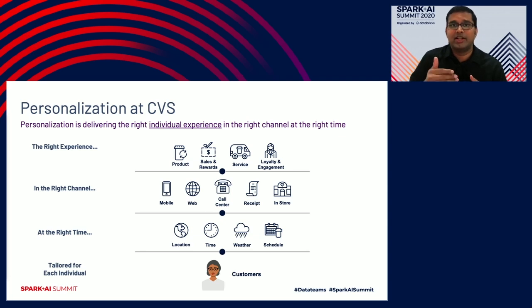We have to provide the right experience to the customer or patient, whether it is a pharmacy product, a reward or coupon that we offer, a MinuteClinic service or health club, or whether they are enrolled in a loyalty program like the ExtraCare card. So it's all about providing the right experience,